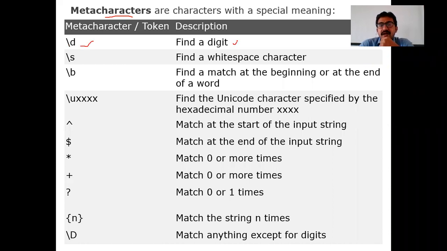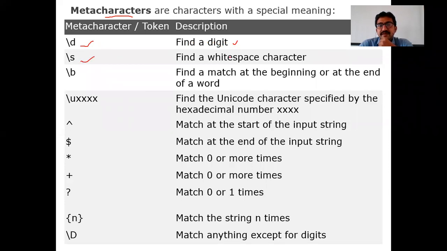We can use this when you are asked to enter a mobile number in an application form. If other than digits 0 to 9 you enter any alphabetic characters or special symbols, it will find that out. To check whether the given number is a mobile number only, of 10 digits, we can use the meta character slash d.